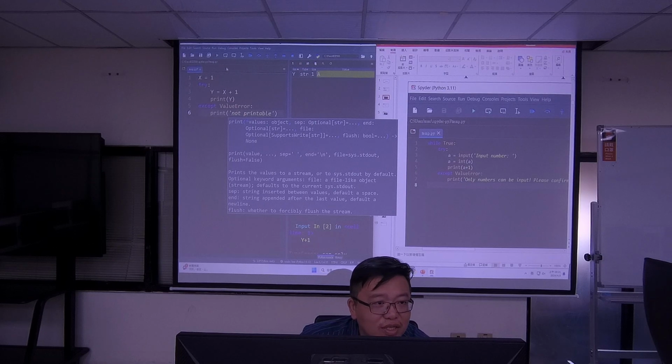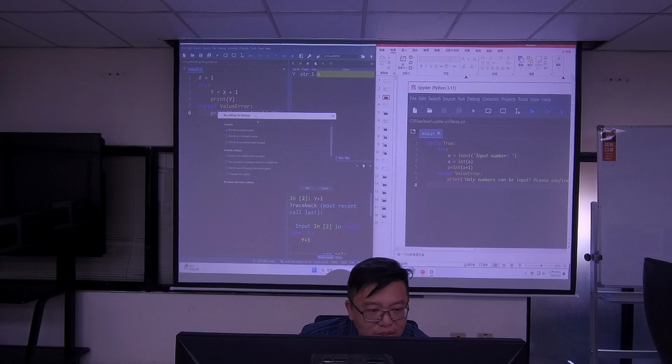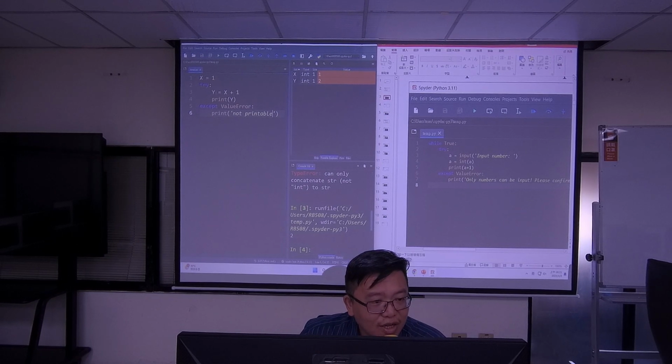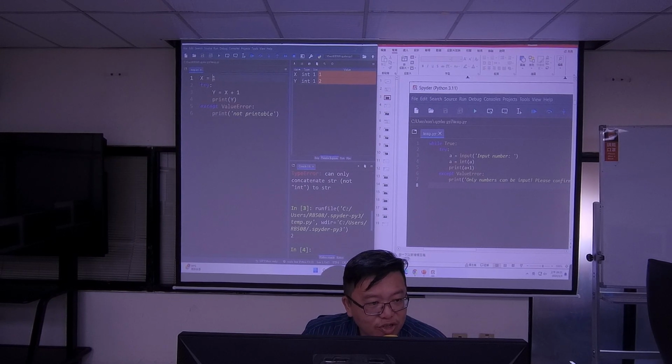If I do this and I run the code, this time no error because my x is a number, so it's able to evaluate what I wrote here. But if I change this to a string, if I do this and run the code,